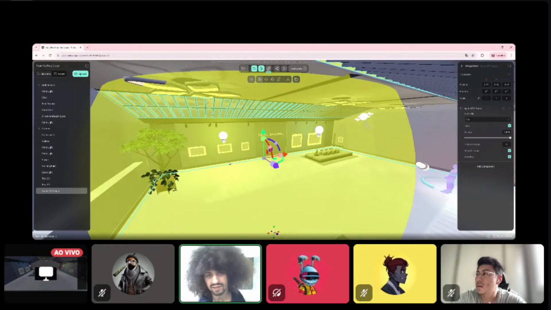You can apply the spatial audio position as a gamification component as well.